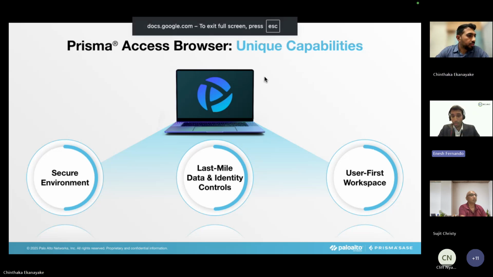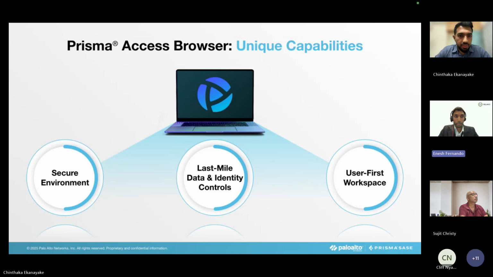Yeah, sorry, just one question, probably this might be a question from the audience as well. I would like to ask, you can answer later on this one. So in terms of the VDI or Synapse kind of environment, what will be the differentiator for the secure browser from Palo Alto Networks in this case?